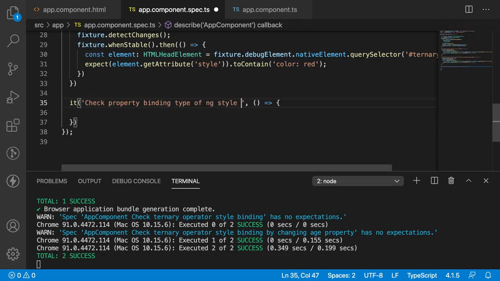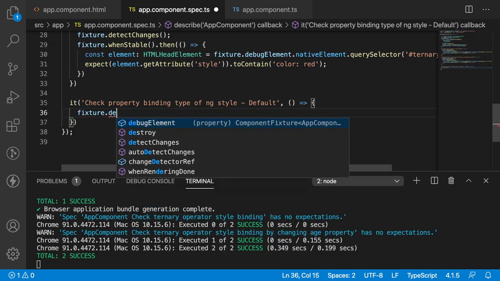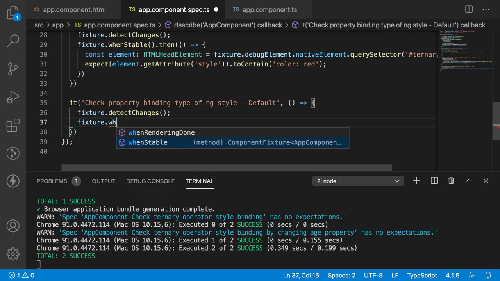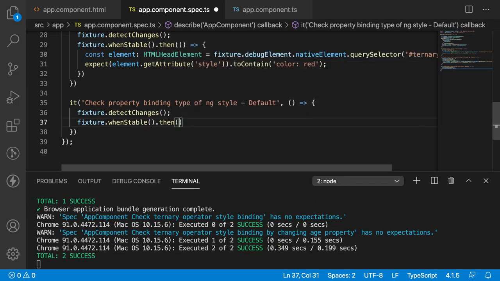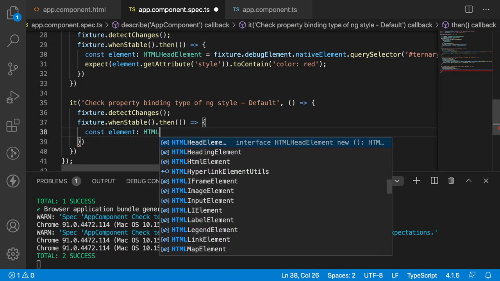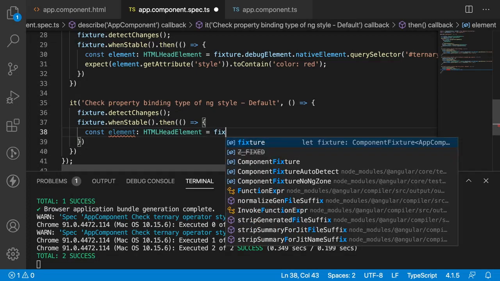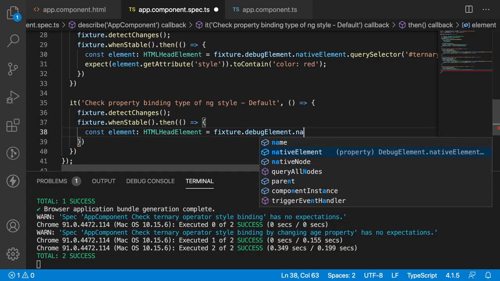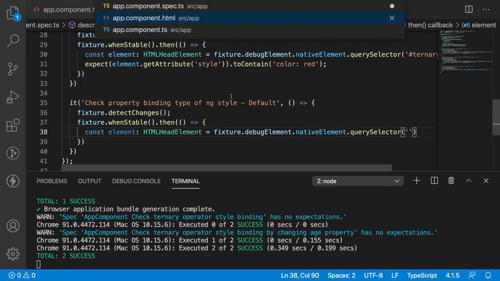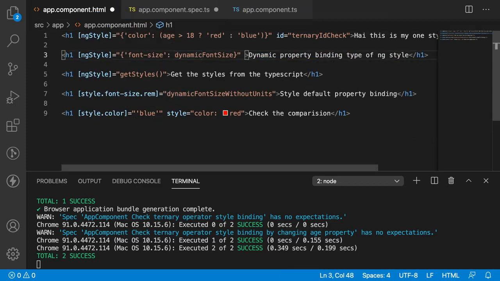Let me check it as default, and fixture dot detect changes, fixture dot when stable, it's promise based, and have a callback. Inside the callback, I want to check const element colon, it's also HTMLElement, and equal to fixture dot debug element dot native element dot query selector of, what is my query selector? Let me create that id. ID is equal to dynamic check.